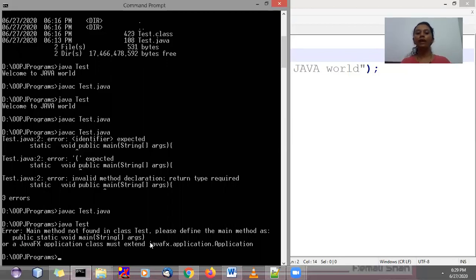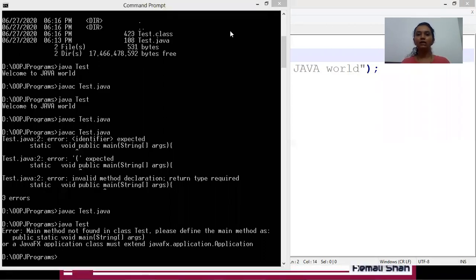So if you want to execute your program, then you have to write the main function like this only. Otherwise it generates the runtime error, because the syntax that you have written inside the program is correct. That's why it generates only the runtime error. It compiles correctly, but it generates the runtime error because the syntax of your main function is not correct inside the program.